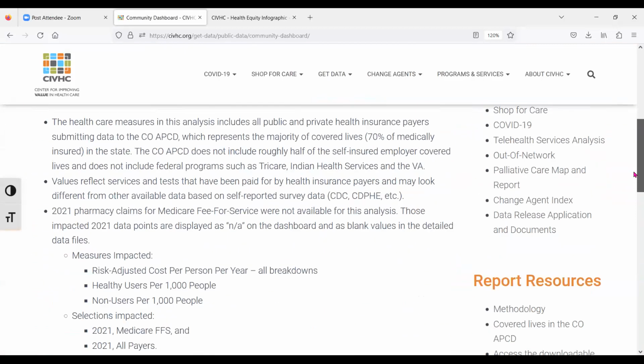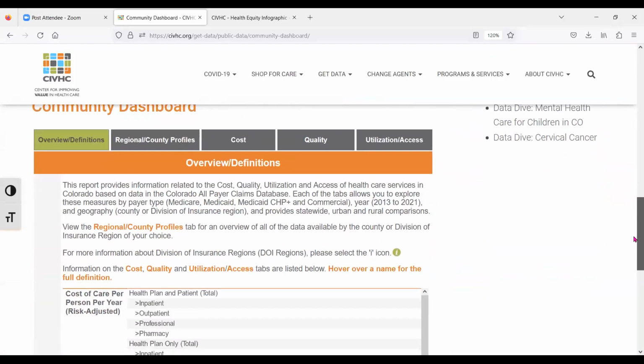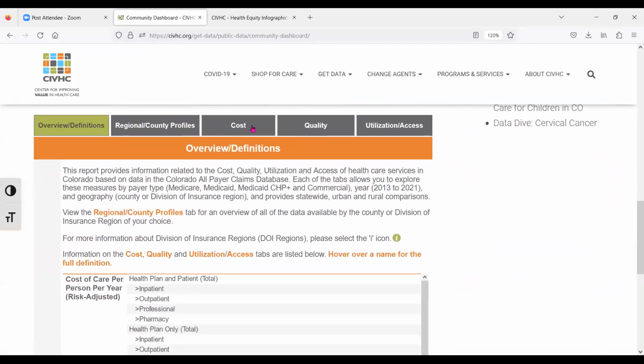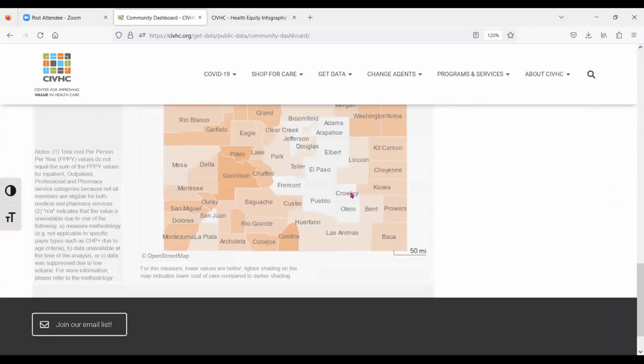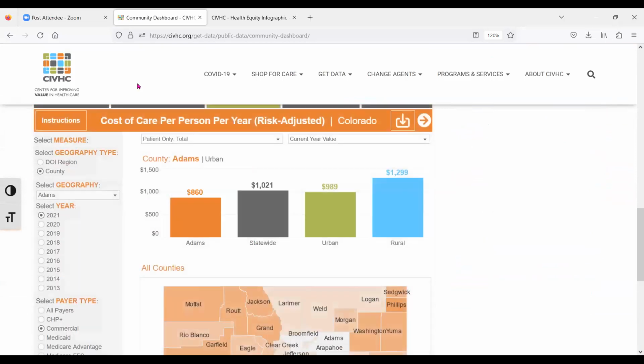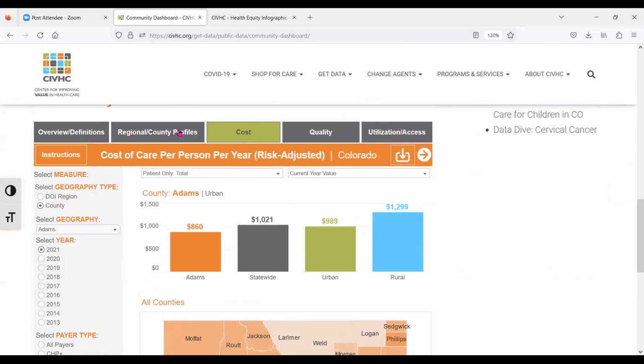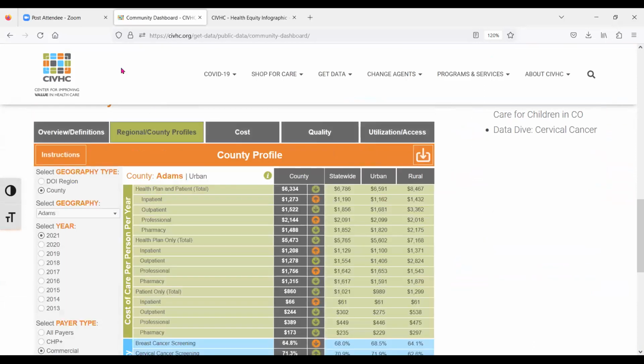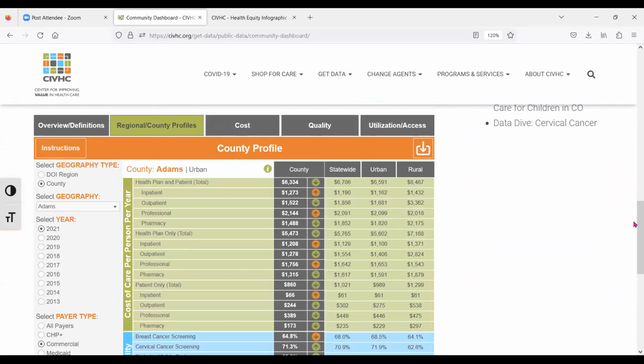And I think it was a good question. I believe it was David Downs. Thank you for posing the cost of care question. We do have cost information broken down by different types of inpatient, outpatient, and pharmacy. So you can actually look at a region. We can go back to our Pueblo County. This is a summary of all of the dashboard measures here. But if you chose our Pueblo County friends here,